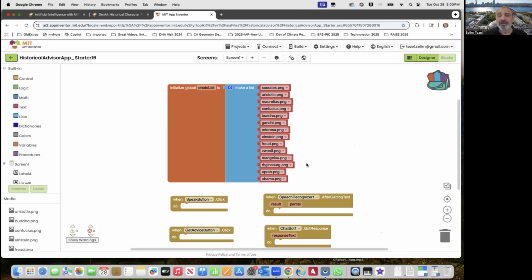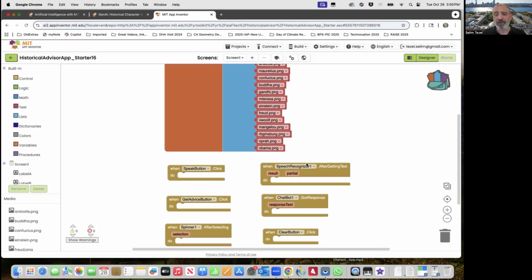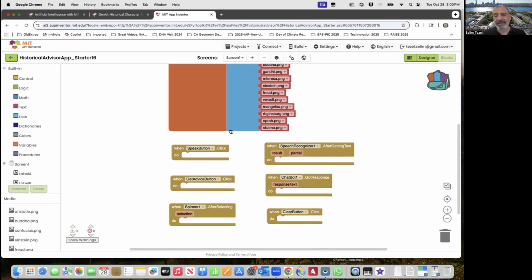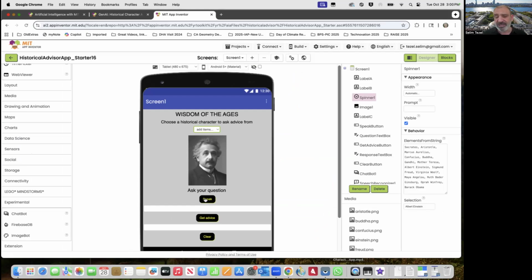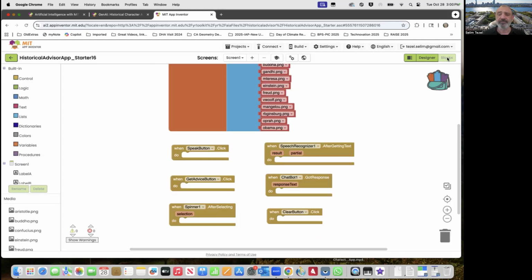Okay, so we are going to start coding now. The event handlers that are going to guide this process are listed here for you. So I'm just going to do this one by one. And observe, we're going to follow pretty much the order here. We're going to start with the speak button and go down to the other buttons.